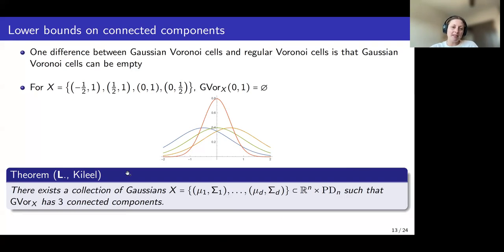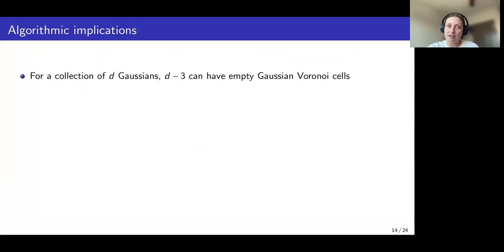Okay, and so maybe this is a little bit surprising, that this three is just a constant that doesn't depend on D or the ambient dimension. And so one pretty negative implication of all of this is that it doesn't matter what dimension your data lies in. For any collection of D Gaussians, D minus three of them can actually have empty Gaussian Voronoi